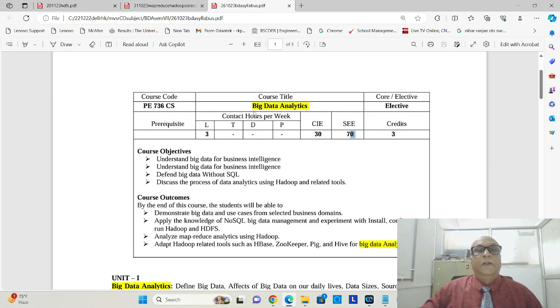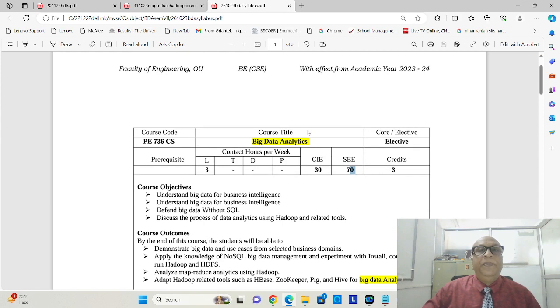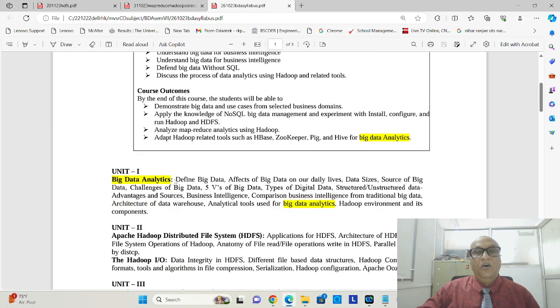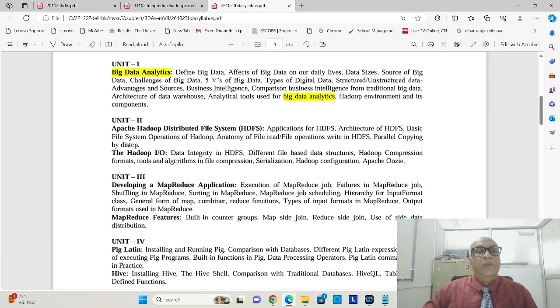Welcome back. Let us continue our discussion for the subject Big Data Analytics, meant for semester 7 CSE Computer Science students. We have finished discussing Unit 1 and we'll be discussing Unit 2. Unit 2 syllabus is Apache Hadoop Distributed File System, denoted as HDFS, Architecture of HDFS,